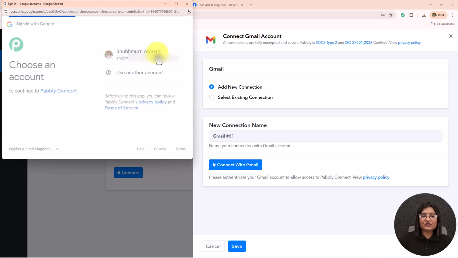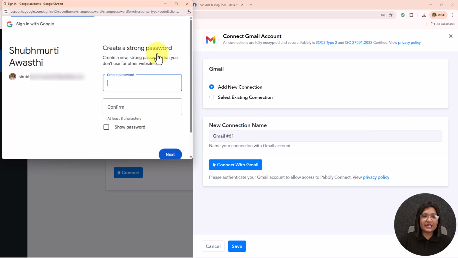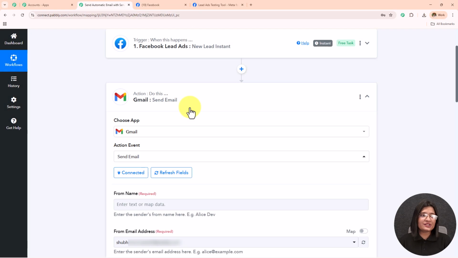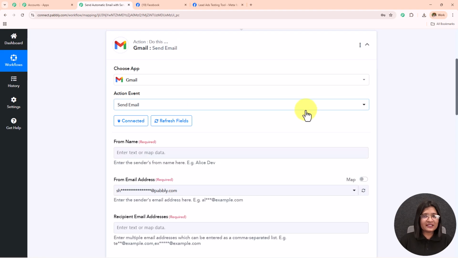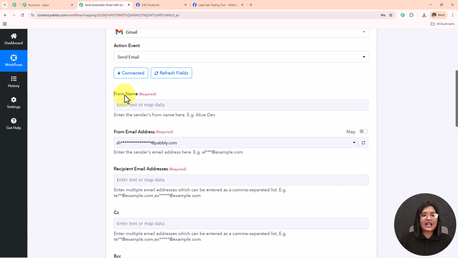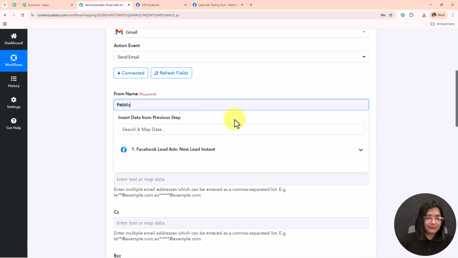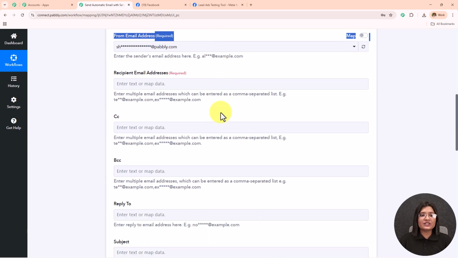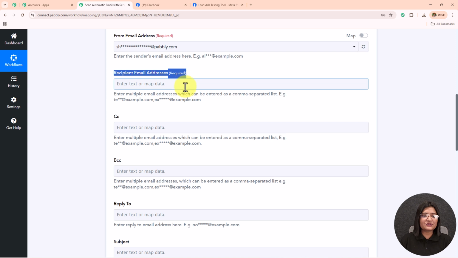Here you have to choose your account with which you are going to send the mail. After this, grant away the permission, and here authorization successful. Gmail is connected to Pabbly Connect, and now I have to enter all these details. So here I'm going to enter this from name. So I'm going to enter here Pabbly from name, and here is my from email address, the same email address which I have selected while authorizing this Gmail with Pabbly Connect, and then I'm going to enter this recipient email